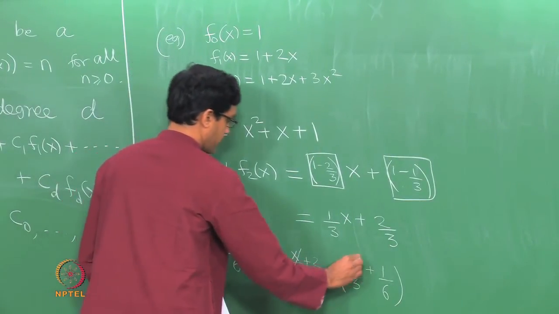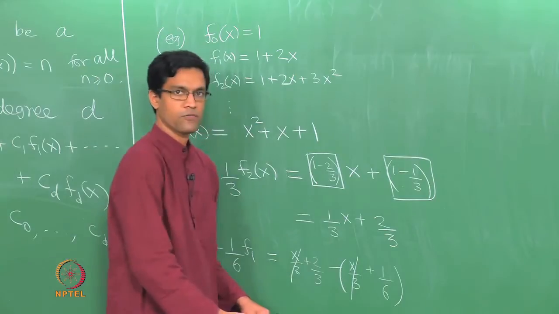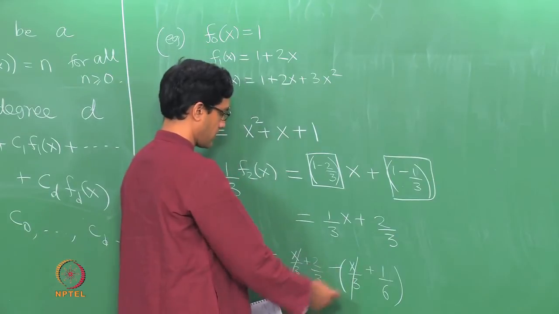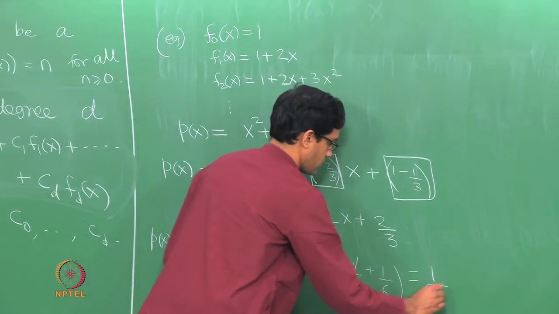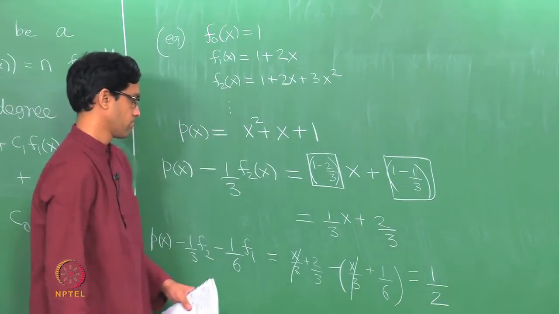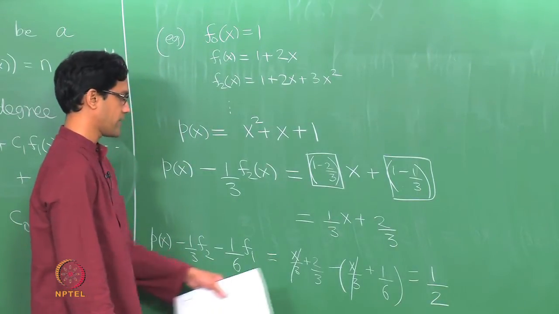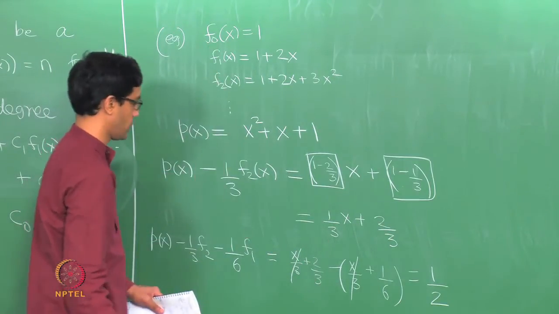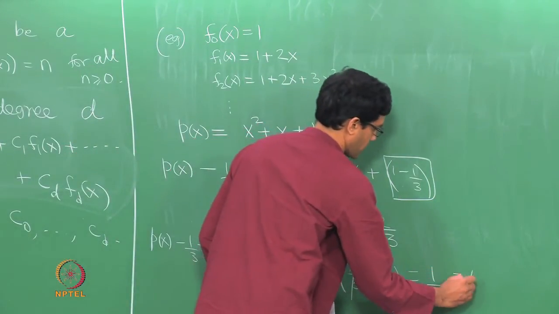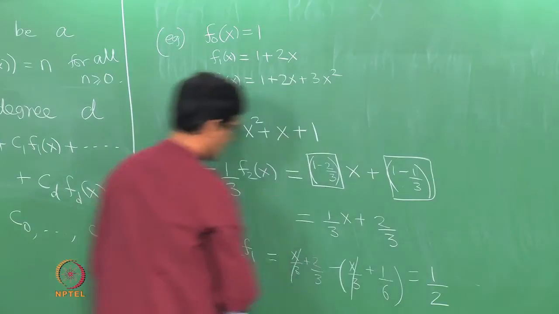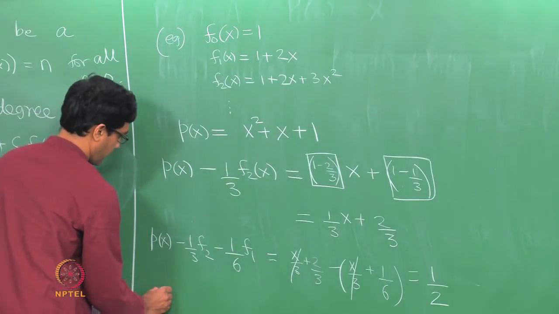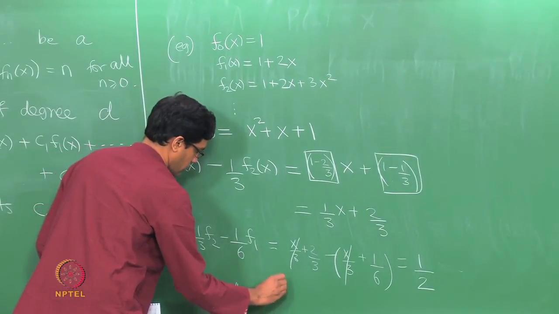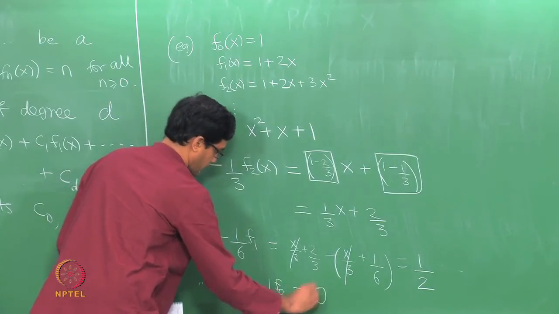Okay, so of course again the idea being you can cancel off the coefficient of x. What is left is 2 by 3 minus 1 by 6. So what is that? That is I guess 4 minus 1, so we are looking at p of x minus this minus that is just a half, and now it is only a constant, so it is just half of f0. Or to keep doing this once more, you will take p of x minus f2 minus f1 minus half f0, and doing that will make a 0 on the right hand side.